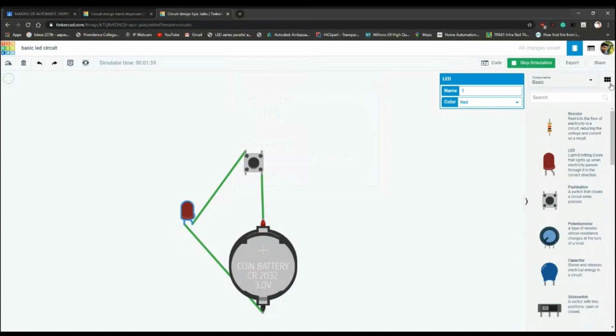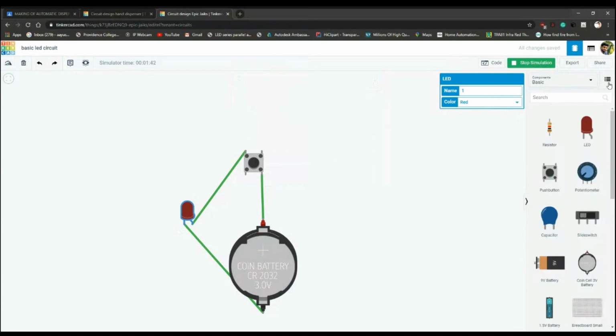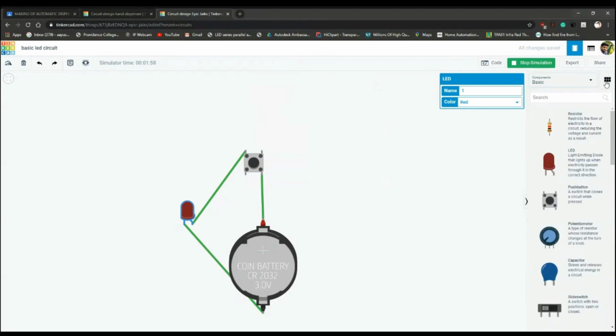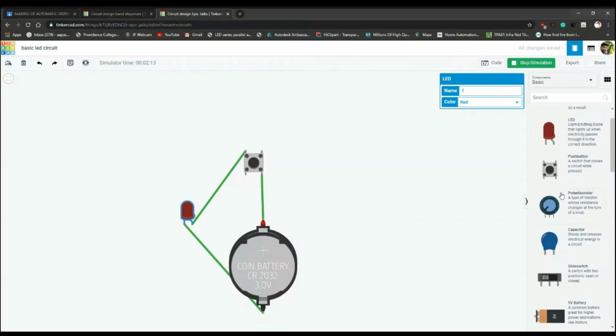You can see here on the right hand side, the button right next to the basic components list. When you click that button, you can see the components with their information, like what these components are and where they are used.